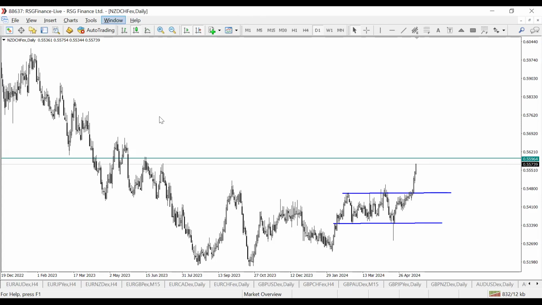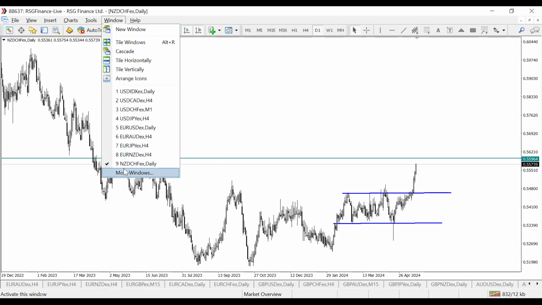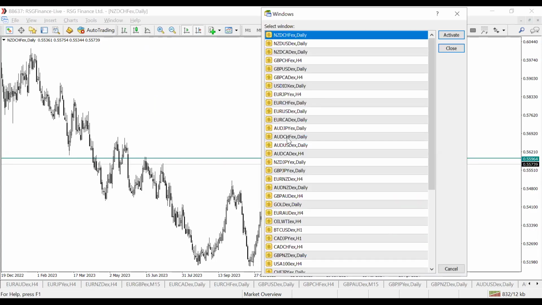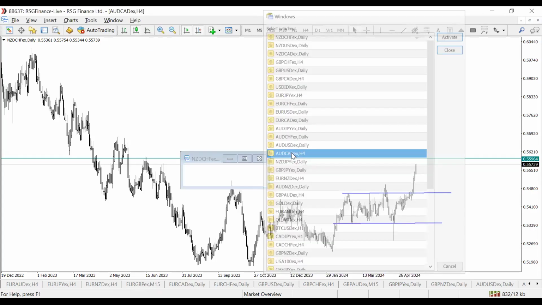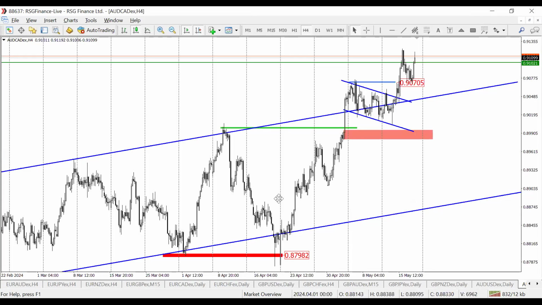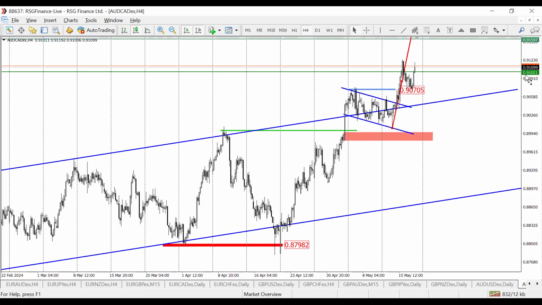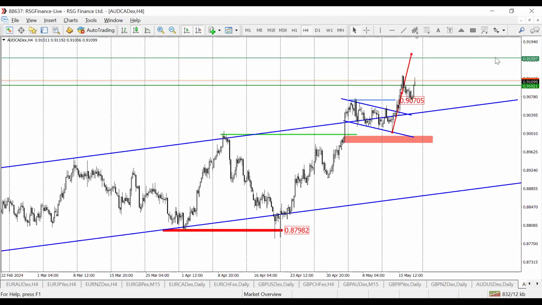Let's move on to the Australian dollar. We have three pairs we're looking out for on the Australian dollar pairs, starting with AUD CAD. AUD CAD was a fantastic trade from last week, guys. In case you traded with me, we anticipated this bullish breakout. I told you this was a bullish flag, and bullish flags always trade that way. So you see the flag pattern. Once we get a breakout, the full technical target is just to do the inverse of the flag, and you see this is where we're headed right now.